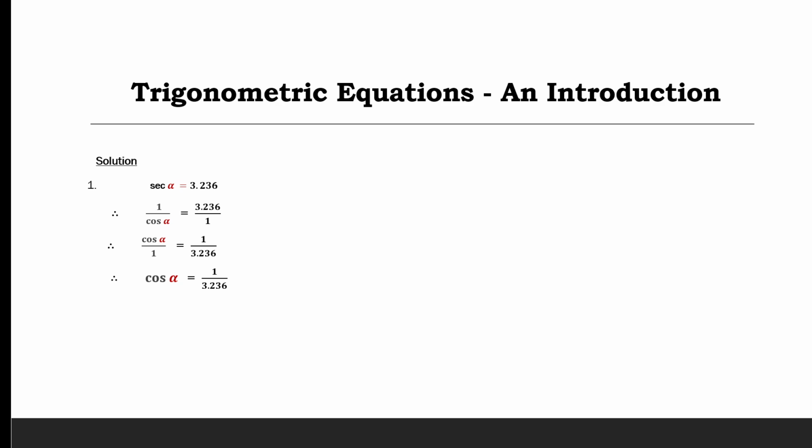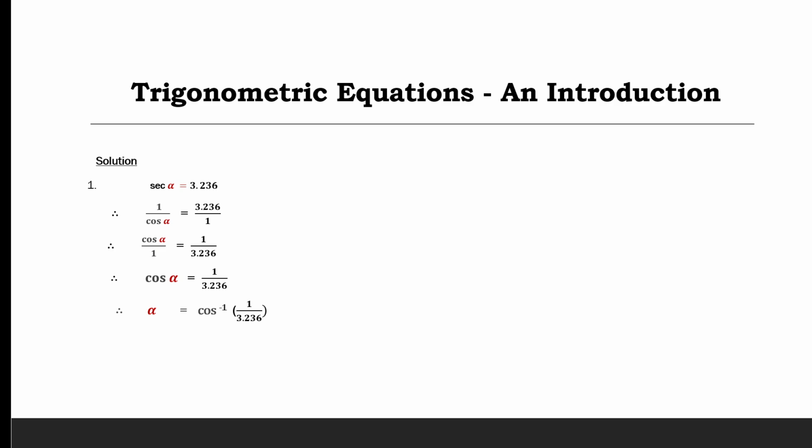And as a result, because we have applied a cos function to alpha, and we want to undo that to be able to make alpha the subject of the formula, we'll apply a function that will undo the application of the cos, and that function is called the arc cos. We will apply that on both sides, and that would give us alpha equals the arc cos of 1 over